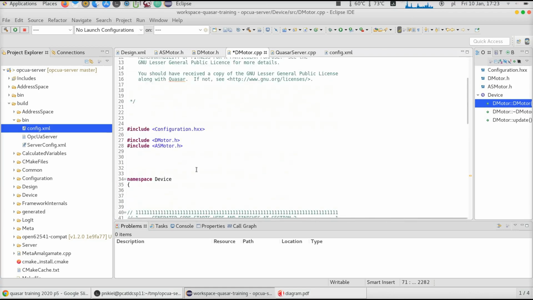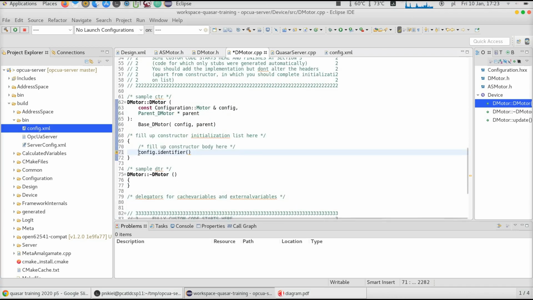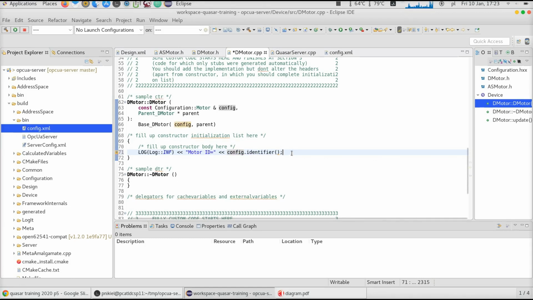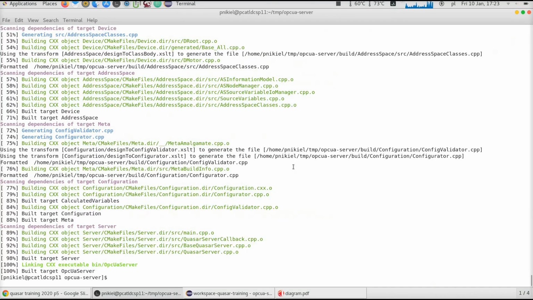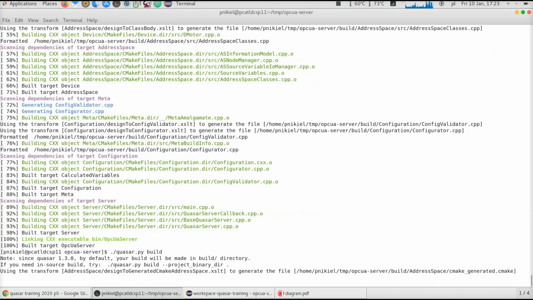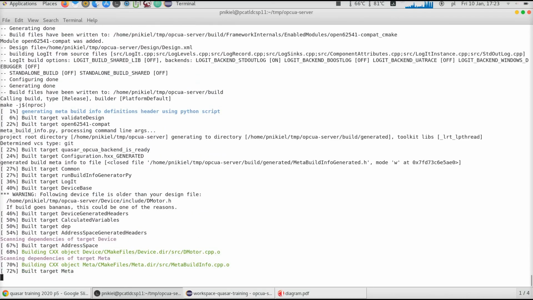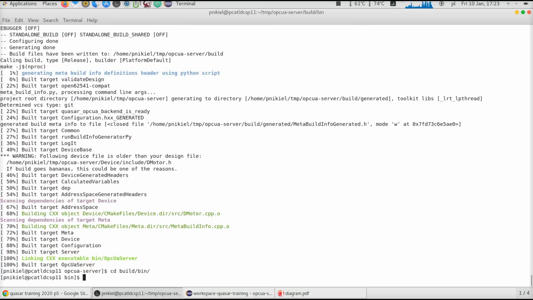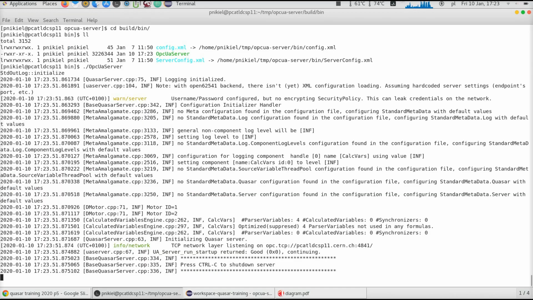Of course, you can use some cout and things, but I would actually prefer to use LOG(IT), which is what we use in Quasar to perform unified logging. So I will say motor ID equals, and this is config identifier, just that. Okay. Now let's see if that thing builds. Okay. And now if we try to start the server,